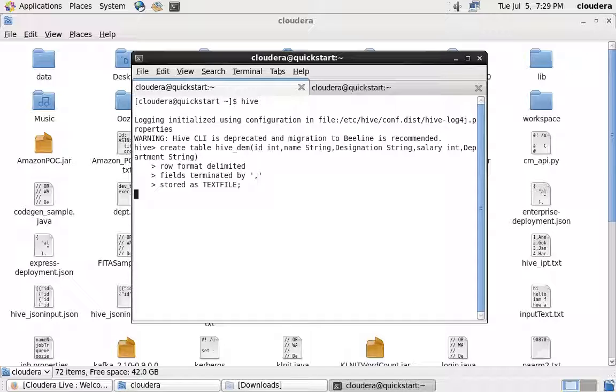If I want to insert data, Hive also supports the insert statement, like we have in MySQL. How do we do it in MySQL? We insert into the table name, and then give values, one record at a time. But that's very difficult for us. We also have insert statement support in Hive query language, but we are not going to use it, because we have an option of loading the entire file data into a Hive table in one go.